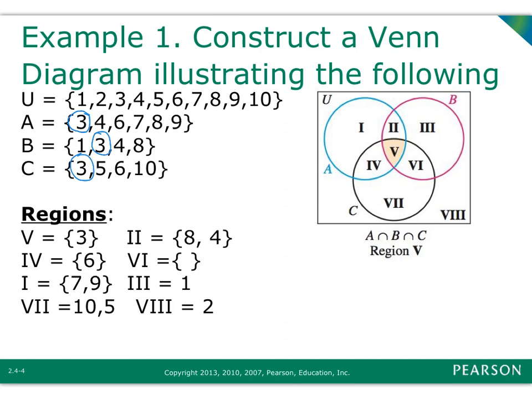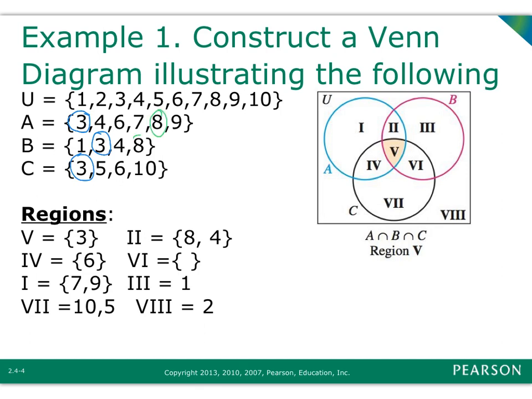Now, if we looked at the intersection of A and B, that would include 3 and 4. But what about just 4? We already know what 3 is. So we see what's common in both A and B, and in this particular case,